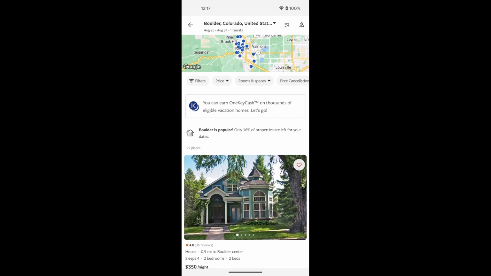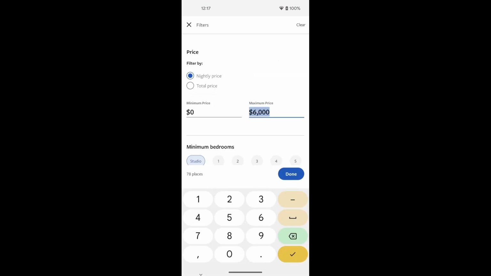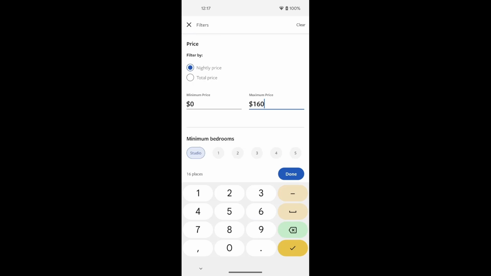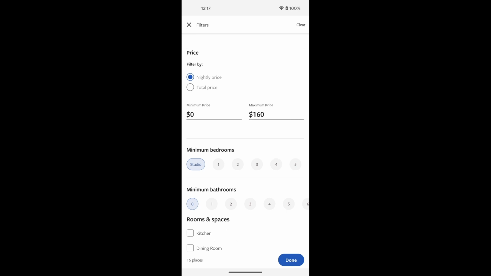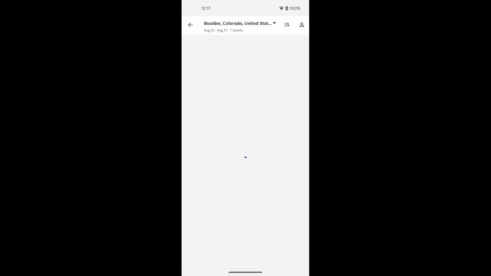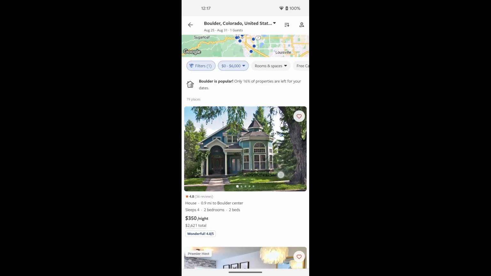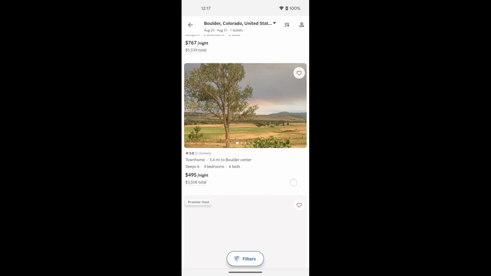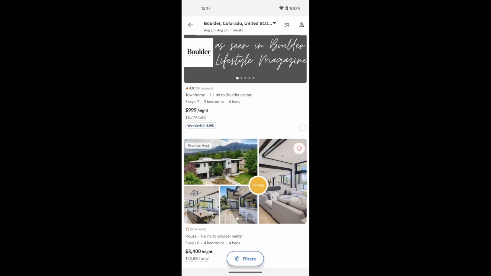If you would like to filter, like in Airbnb, just click the filters icon right here. It's right here, and it looks like 3 lines. That one. And you can choose similar things like the price range. You can choose a lot of other things. Now, once you've decided, you can go choose one. Just gonna randomly select one.